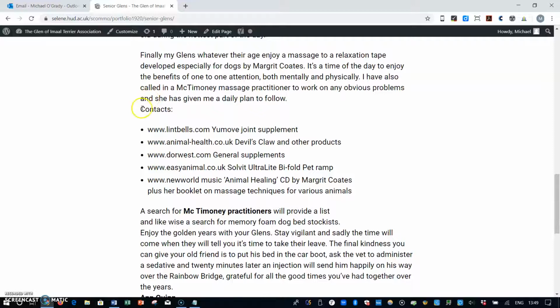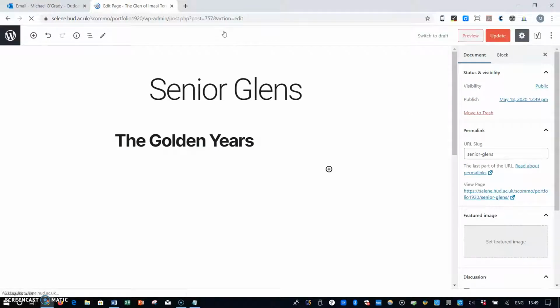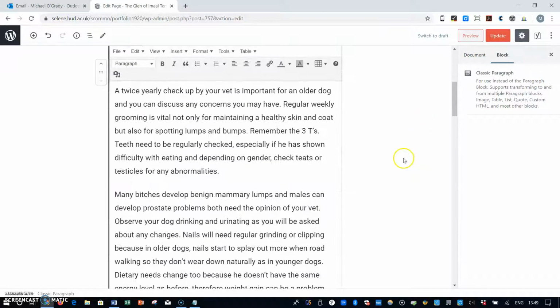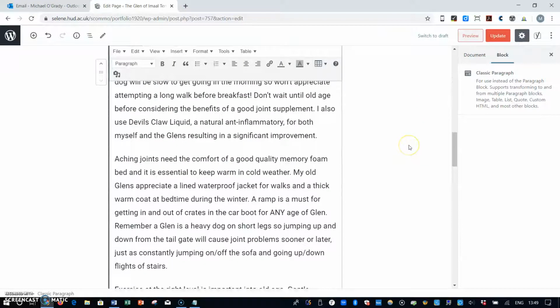And I might want to put contacts, a new. In fact, I ought to go in there and just change that, and I'll put a picture, a title picture on there as well. So I'll just go to edit page. I think somewhere lower down, if you go to the bottom, there's a little sign where I can go and edit the page as well. But I'm just going to change